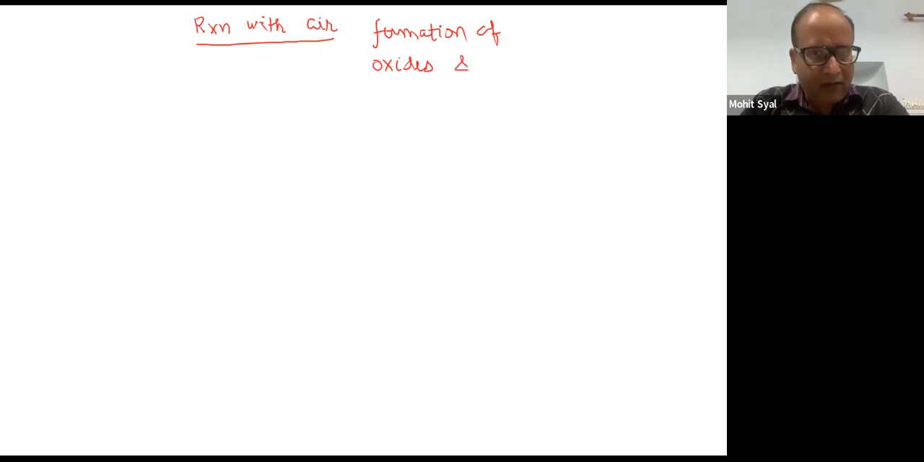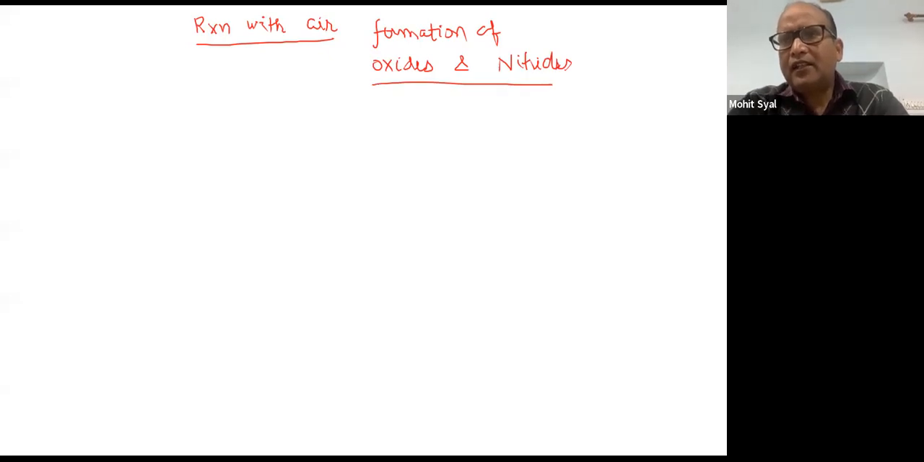Air also contains nitrogen. So if something reacts with nitrogen, it may form nitrides. Okay, so let's get into the detail. What is the reaction? Actually, alkali metals are very reactive. They can't be kept in air